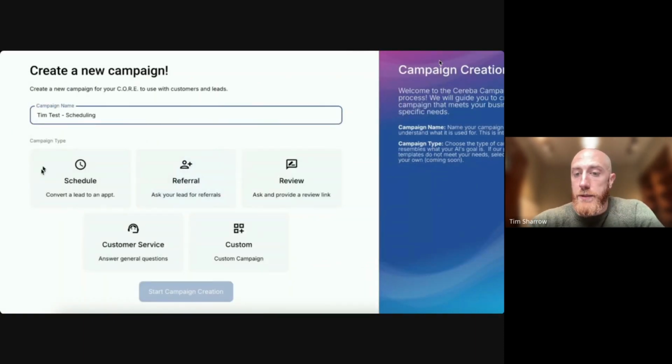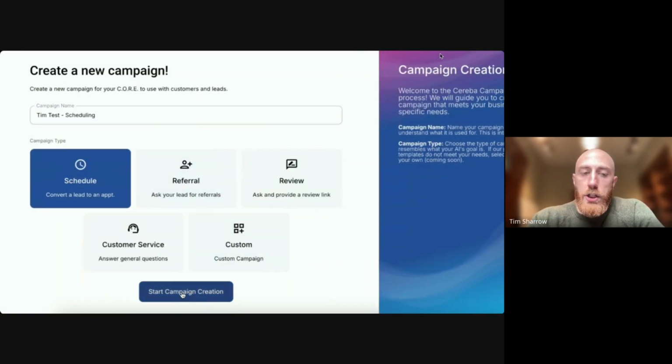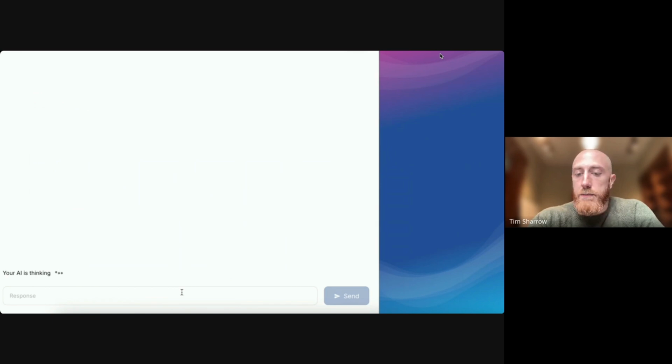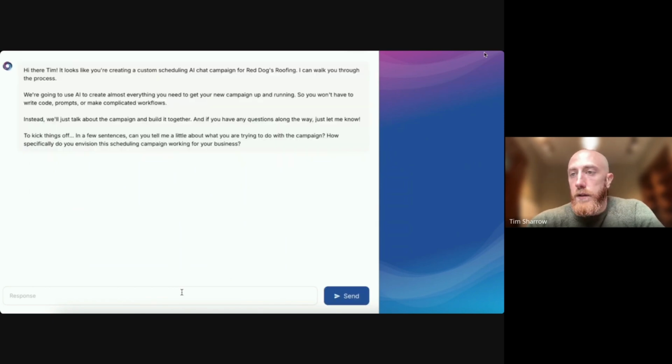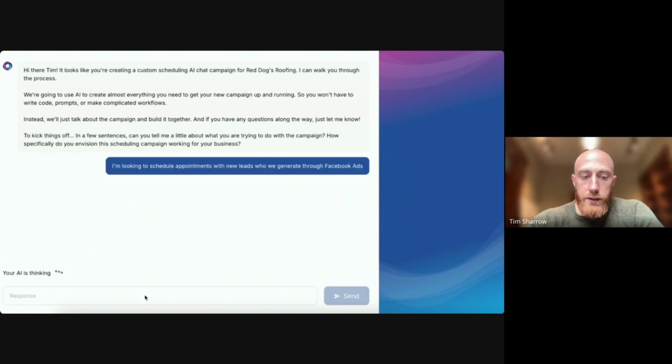So once you finish your AI core, which at this point is essentially wrapped up, you can launch your first AI campaign. With Cereba, what we do that's different from everybody else, let me just check one thing here,